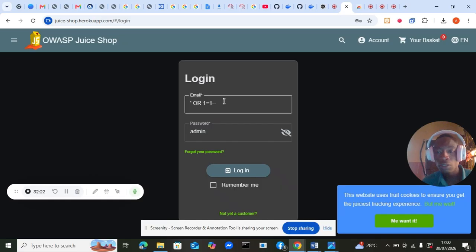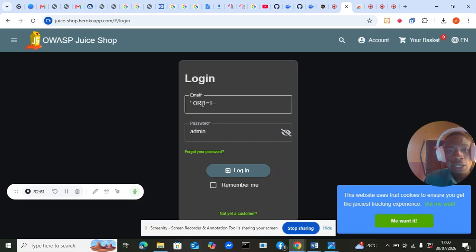These are what we call syntax, okay, but they represent a coding syntax. This website is vulnerable to SQL injection, right? And since this website is vulnerable, we can use this SQL command to log in this way. So what we are trying to tell the server in this place is, please ignore the email.